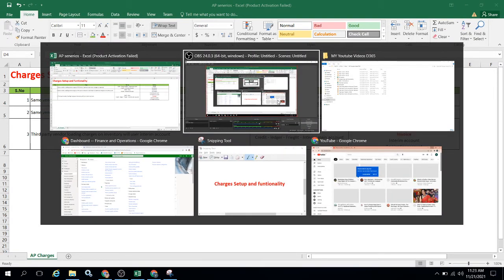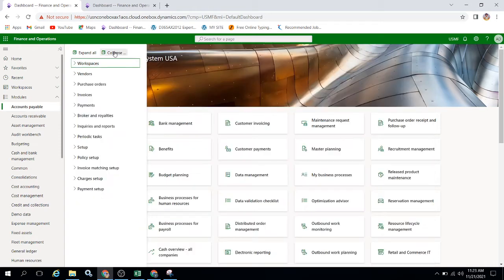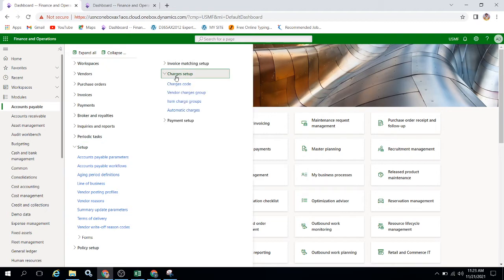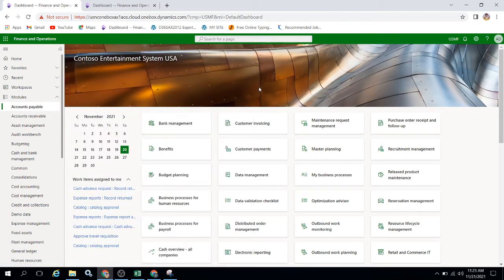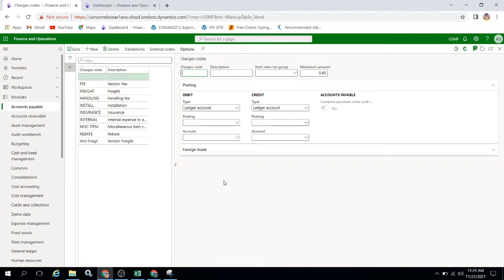So let me move on to D365. In D365 I'll go to collapse, setup, charges setup. I'm going to use a new one.